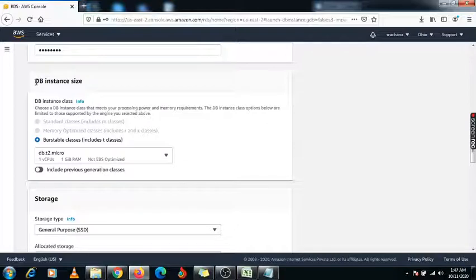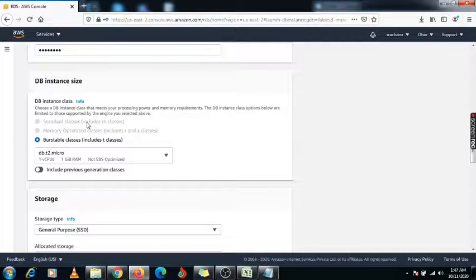So this is the DB instance size. There are three options we are getting. Only the burstable classes, including T classes, are available, because this is our free tier account. That's why we are getting this one option. But in standard there are other two options also enabled.